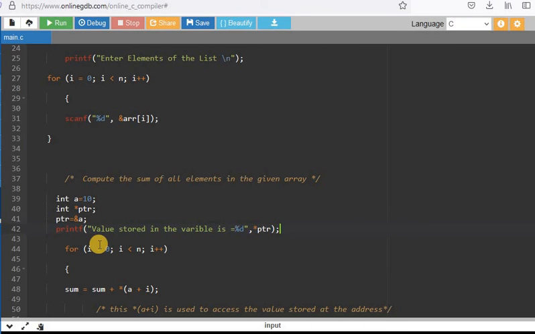Now what does ptr mean? Without this asterisk sign, ptr is nothing but the address of variable a. But when we write star ptr, it shows the value which is stored at this address. So ptr has the address of a, and the value stored at that address is 10. So it will display the value 10. Okay.